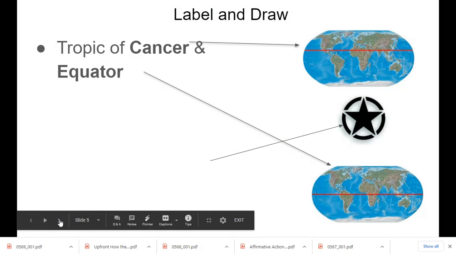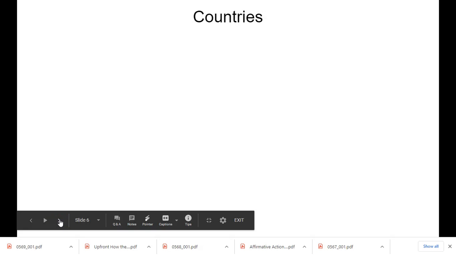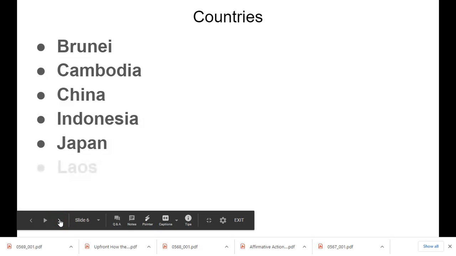On the map, you're going to draw the Tropic of Cancer and the equator. And for all of the countries that you're identifying, you need a circle star. For the rest of Asia, you can shade it gray. The countries are Brunei, Cambodia, China, Indonesia, Japan, Laos, Malaysia,